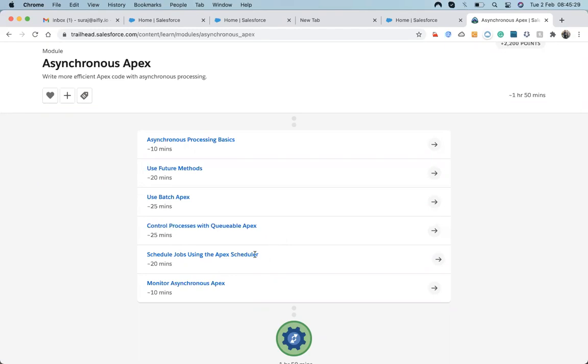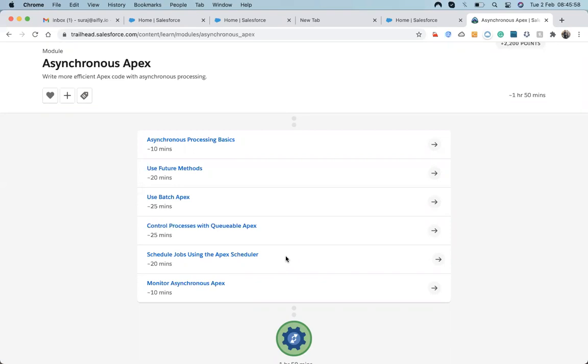Apex scheduler is a different thing. Apex scheduler is used to make a method run asynchronously. It's not exactly asynchronous, it schedules that thing. Suppose I need to send a birthday email to a single person, or I need to run my batch every day.